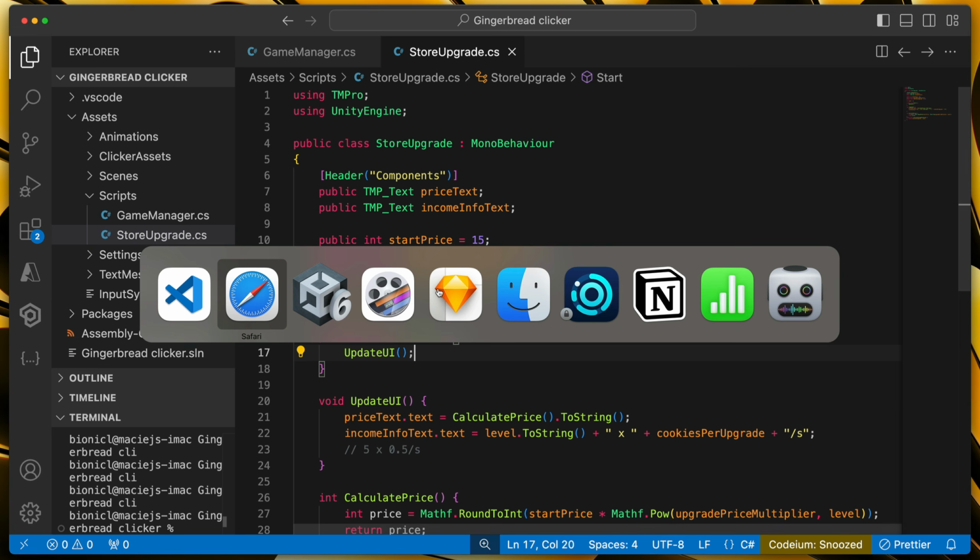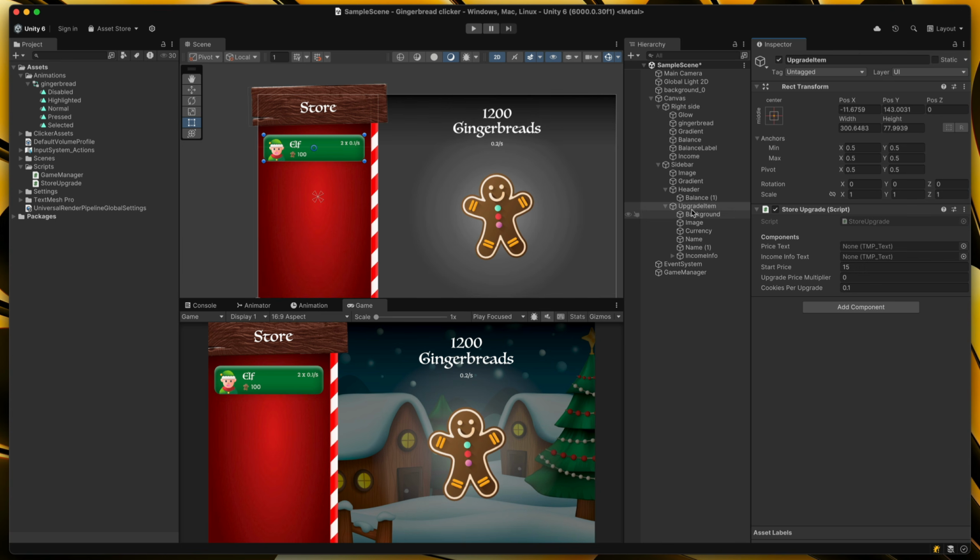And let's test it out in Unity. In the upgrade item, we have those values already assigned. For price multiplier, I will input 1.15. I will explain later what this value means, but more importantly, we need to assign price text, which will be,